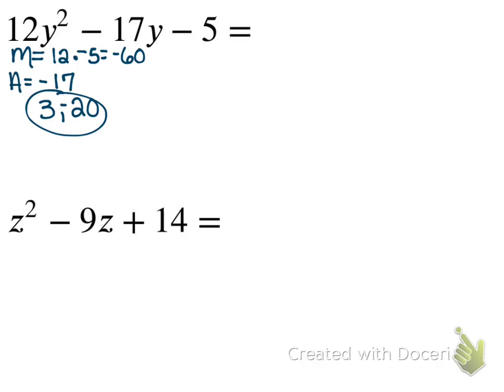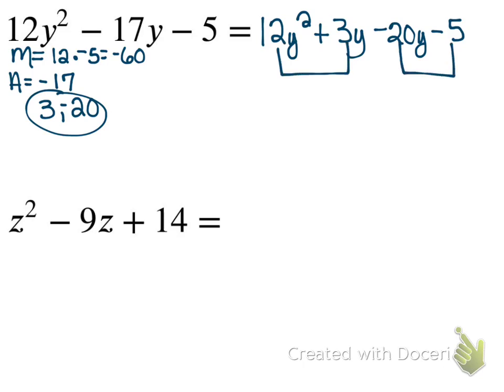Then you would put 12y squared plus 3y minus 20y minus 5. Perfect. Step 2 done. Group them together into pairs. Okay. So it would be